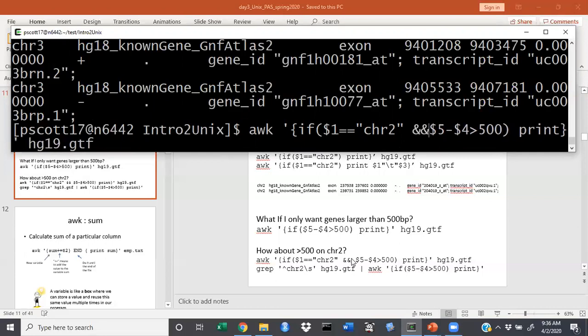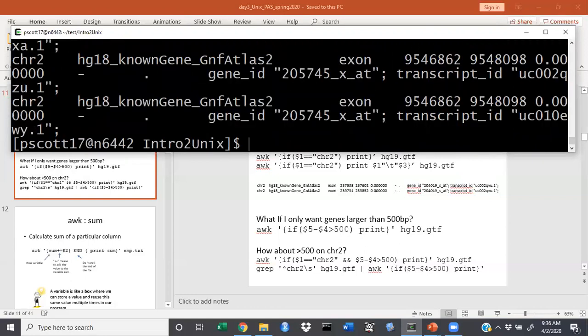And then I'm using two ands: column 5 minus column 4 is greater than 500, print. And so now I'm selecting only those genes that are larger than 500 base pairs on chromosome 2. And, you know, we can do that. That feels pretty nice. Now we're starting to get into the sort of thing where hopefully,